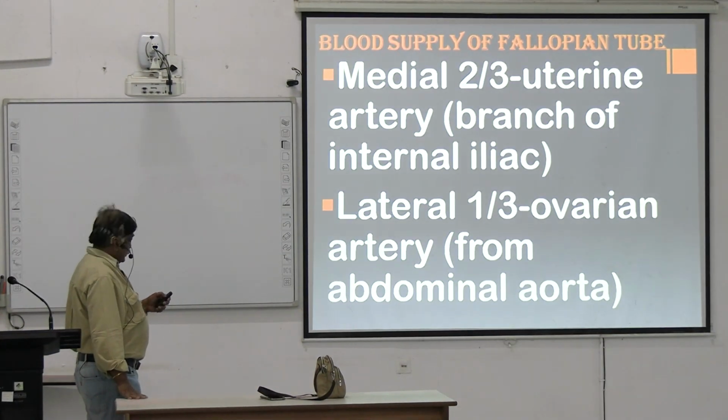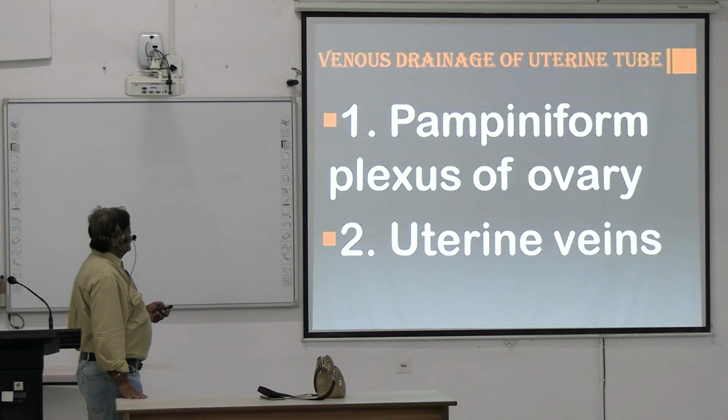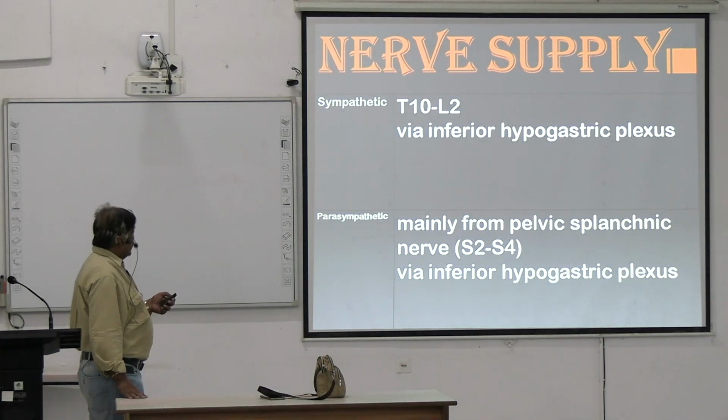blood supply of the fallopian tube. The medial 2/3 from the uterine artery, branch of the internal iliac, lateral 1/3 from the ovarian artery. Now venous drainage of the uterine tube, pampiniform plexus of the ovary and uterine veins. Lymph drainage, most drain into the lateral aortic and pre-aortic nodes, some around isthmus following round ligament of the uterus into the superficial inguinal nodes. Nerve supply T10 to L2 by inferior hypogastric plexus, parasympathetic mainly from pelvic splanchnic nerves S2 to S4 by the inferior